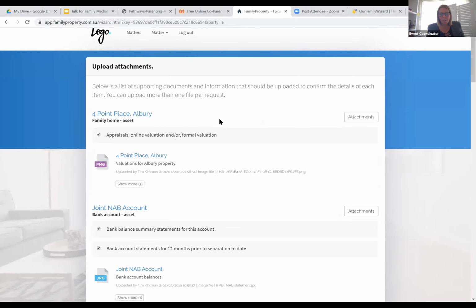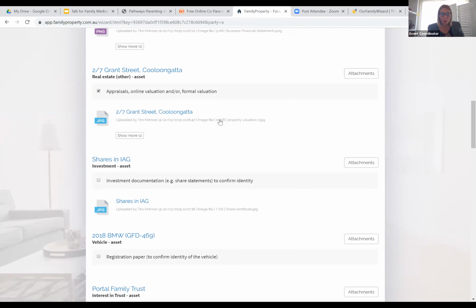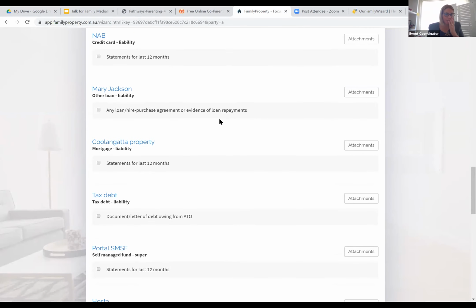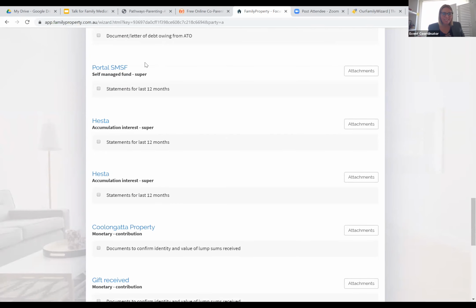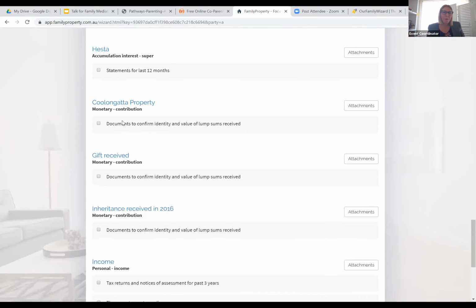Also with this secure client portal, it's not just asking for information about the assets, liabilities and super as you see here, but if you've put in, say, you received an inheritance in 2016, it'll ask for documents because it's important to confirm with some evidence the documents that you have to support that.